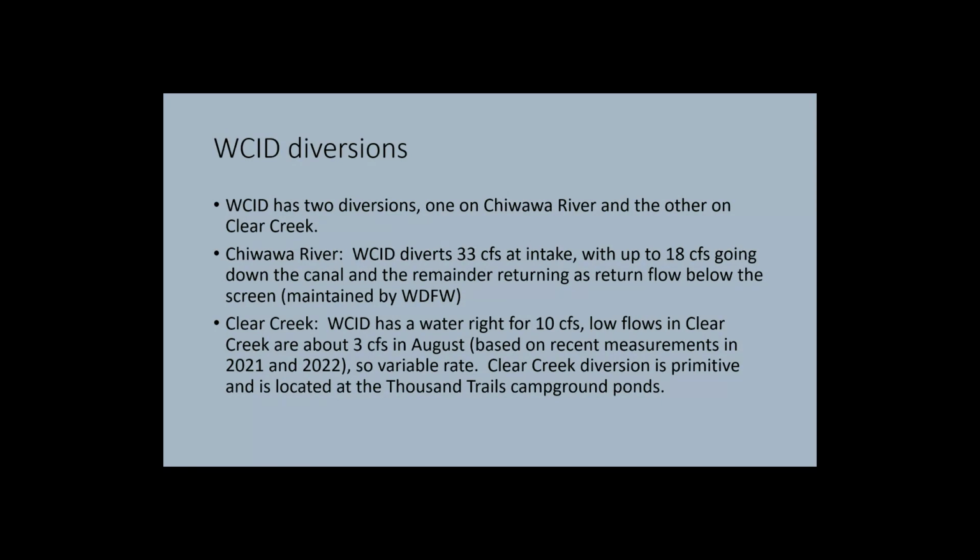The other diversion is on Clear Creek. They have a water right for 10 CFS. Flows in Clear Creek do not stay at 10 CFS throughout the irrigation season. We've been doing some stream flow monitoring in Clear Creek, and it looks like the low flow condition for Clear Creek is about 3 CFS. That's based on data from last year and this year. So it's a variable rate diversion, where they have a right for 10, but they can't always get that,